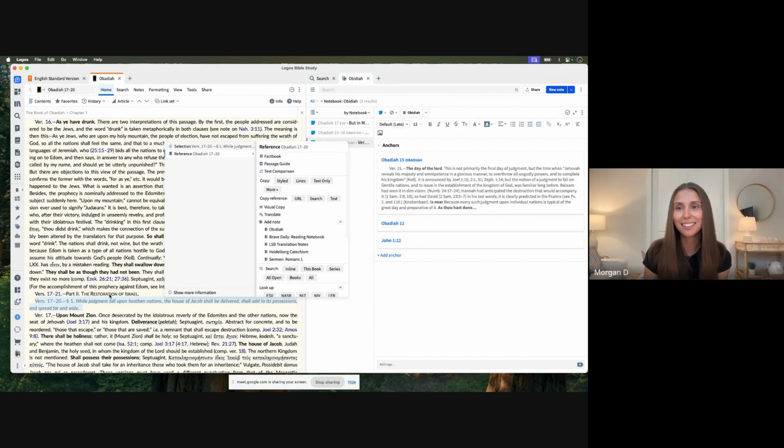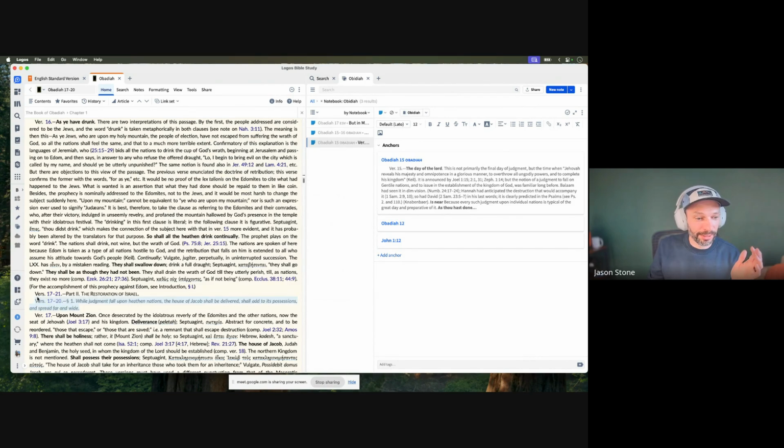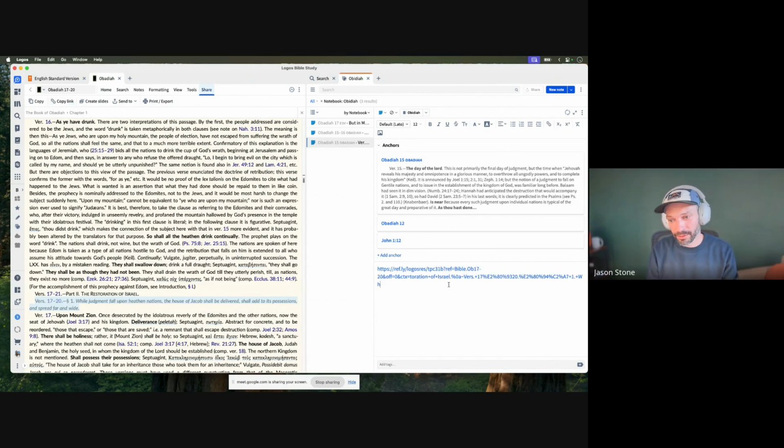But of course, maybe it's moved to this point right here. There's a share button here. If I copy a link, I can actually take this link and put it into any of my notes, or I could put like Obadiah commentary, and then hyperlink this, if that would be a cleaner way to go about doing this.